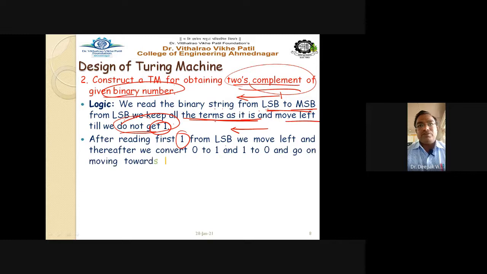After reading the first 1 from LSB, we move left again. Thereafter, we convert 0 to 1 and 1 to 0. Remember this point and go on moving toward the left direction.